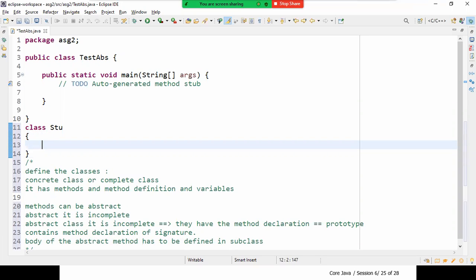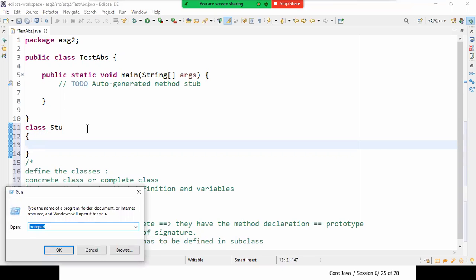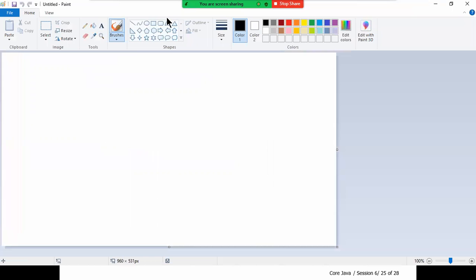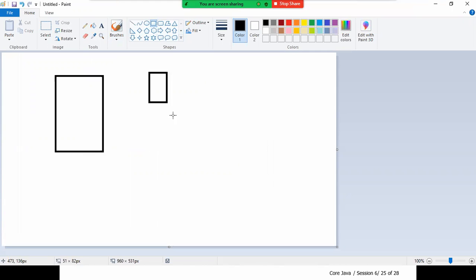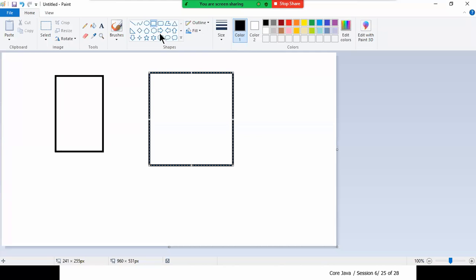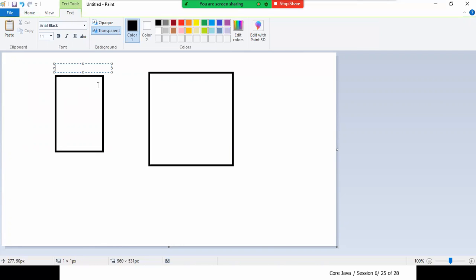Before I talk more about this, let me explain the example we are taking. We would like to have one class called student, and from this class we'll create a class called 10th class student, right? So student is a generic class for me.